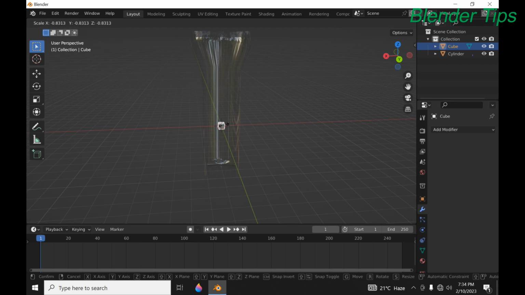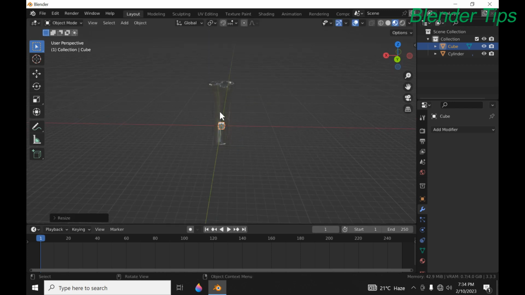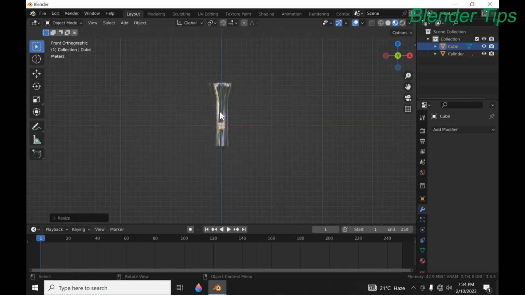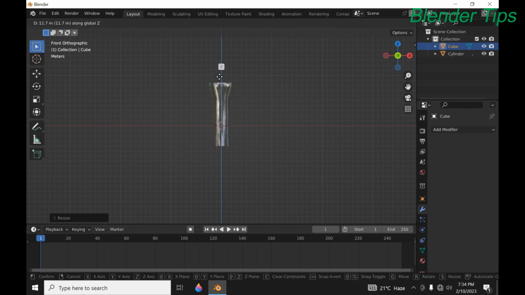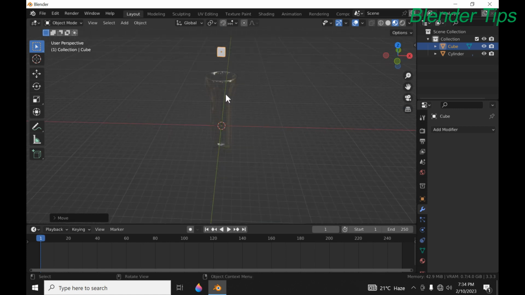Okay, by pressing A we go to the front mode and G, Z along Z axis, and here we apply modifier,